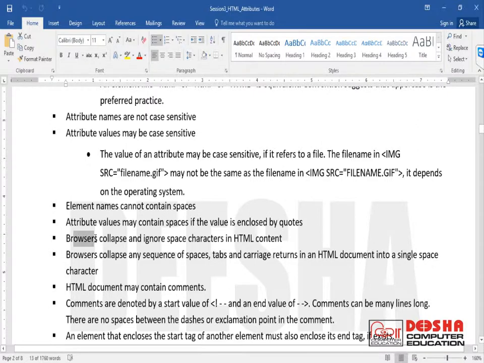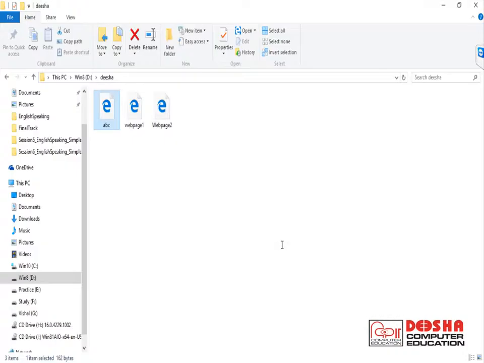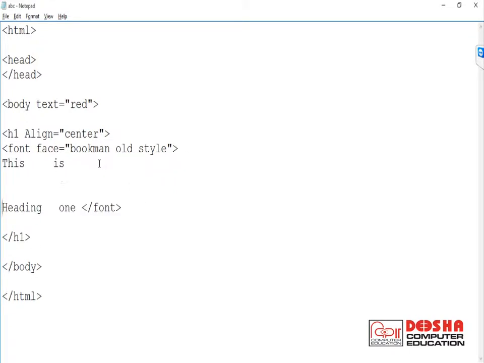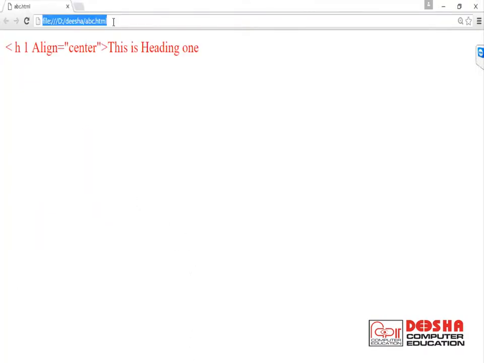Next, a browser collapses and ignores space characters in HTML content. In the previous session I told you that if you put some extra spaces between two words or some extra line breaks between lines, the browser will collapse them and ignore these extra spaces.